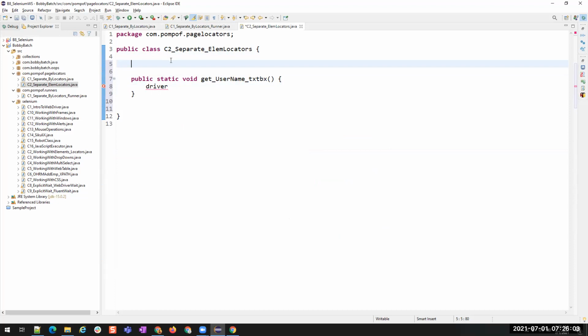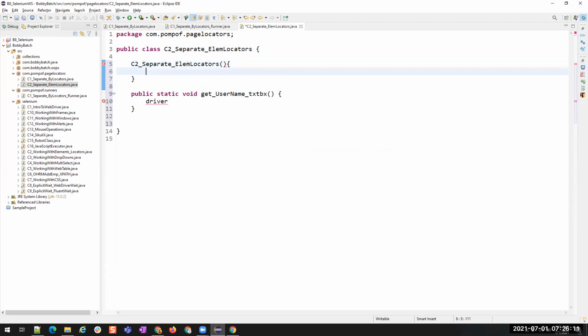So we can create a constructor called C2 separate element locators. Make this public because everybody should be able to access it. And then to this, I have to pass the WebDriver object.